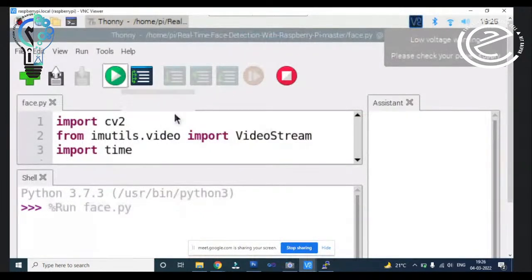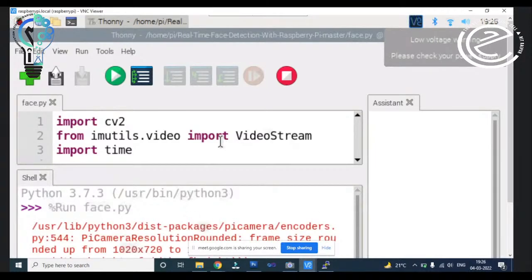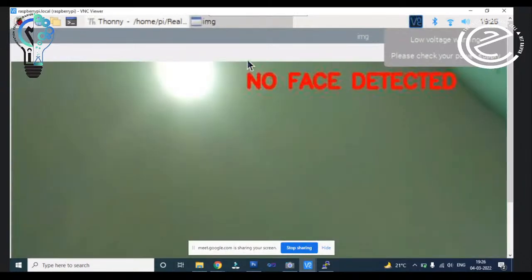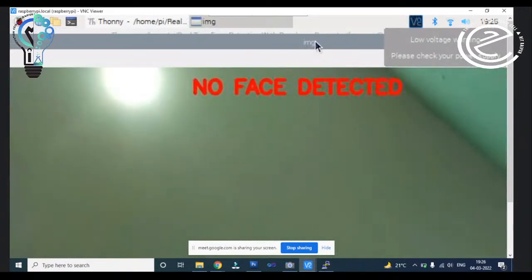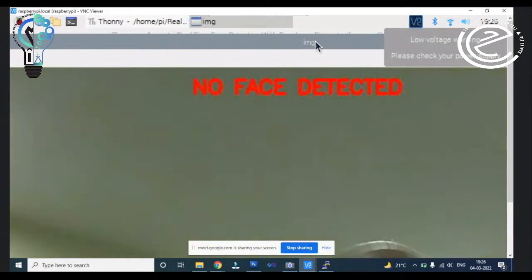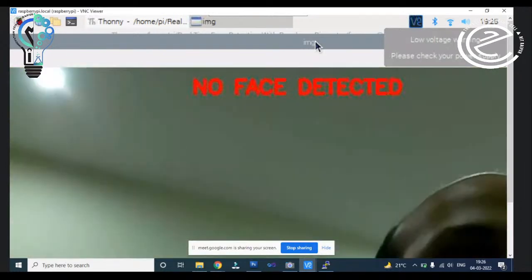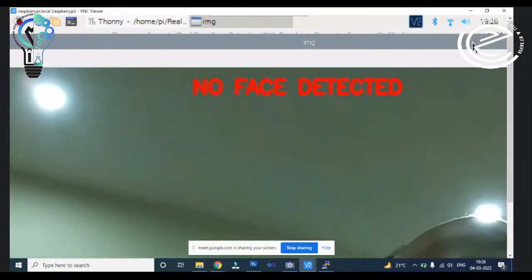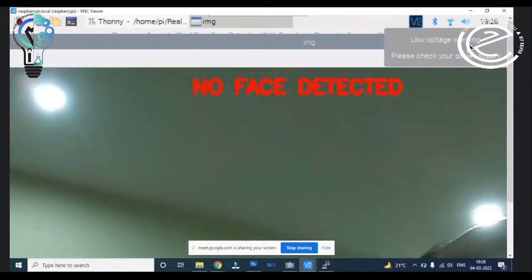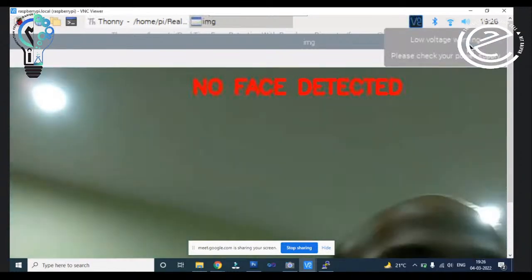Now, if you will execute this script, then it detects the face. You can see it is showing the message face is detected.